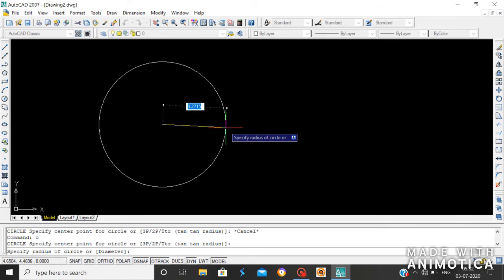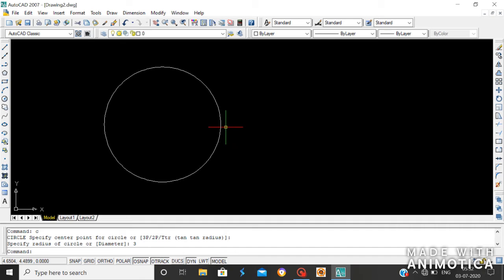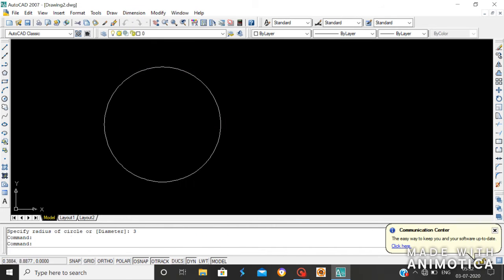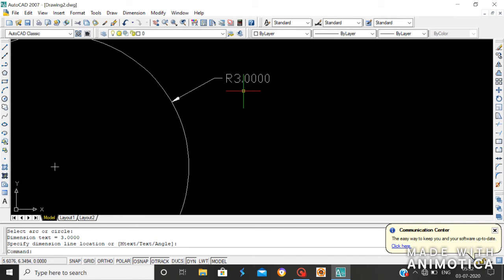For example, the radius is here 3 mm. Press 3 and then enter. Let's check the dimension. Here you can see the radius is 3 mm.